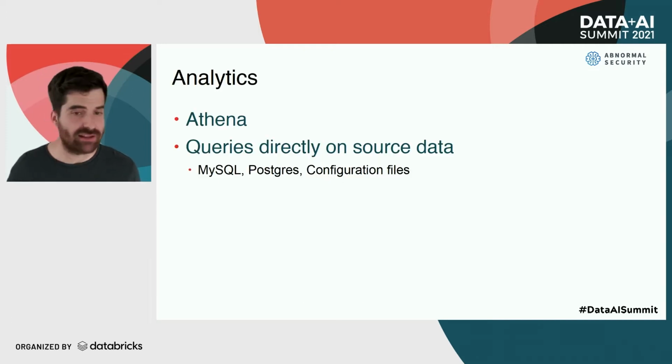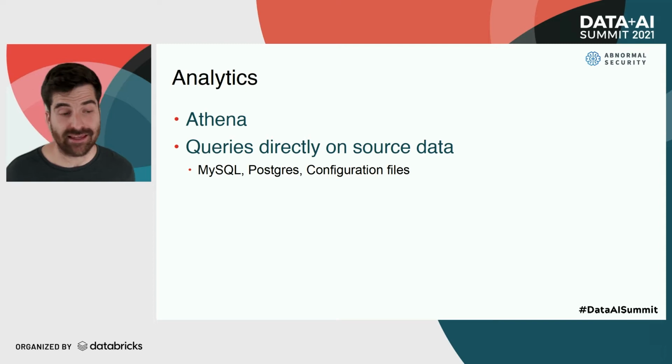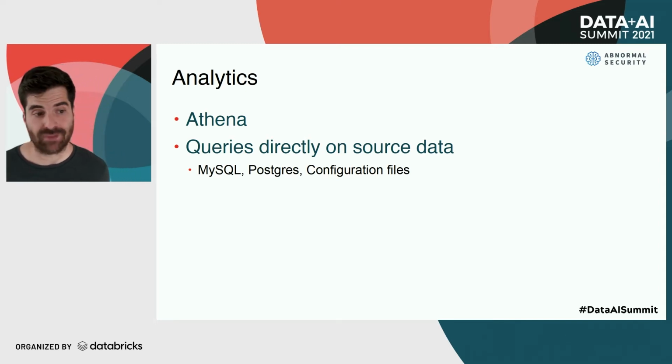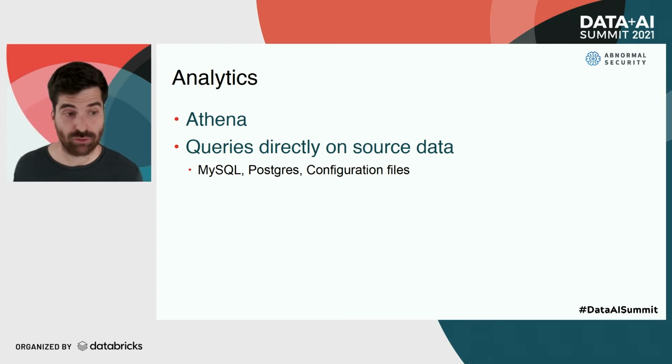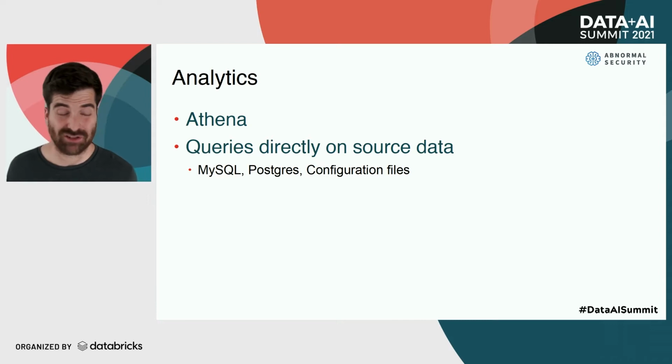And then again, for analytics, it was quite nascent. We had Athena, and any sort of query that you wanted to execute went directly to the source data. So dashboards would go directly to MySQL, directly to Postgres. These databases are shared with production, meaning that if you executed a really intensive analytics query, it had the potential to cause an issue in production. Another problem with the setup is we had no way of joining across different data sources. It was actually a very custom process to do so. So we were starting to see the need for a classic data warehouse environment.